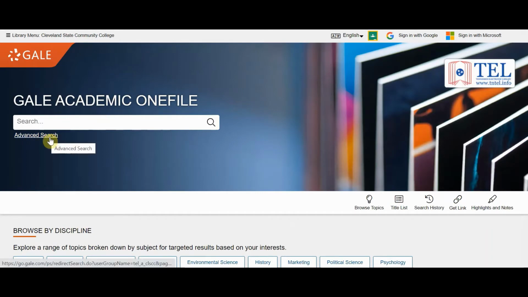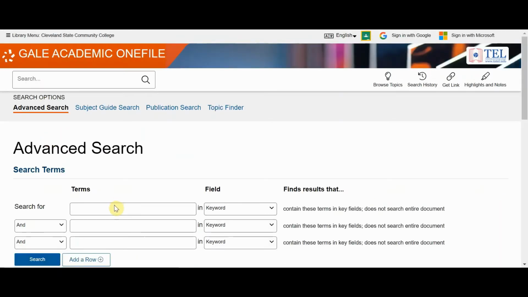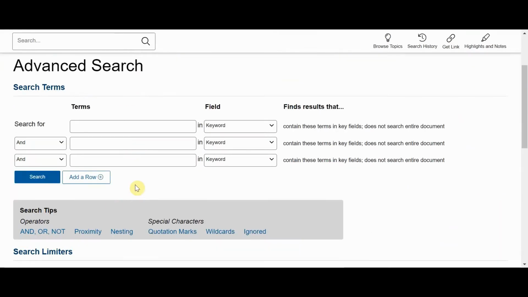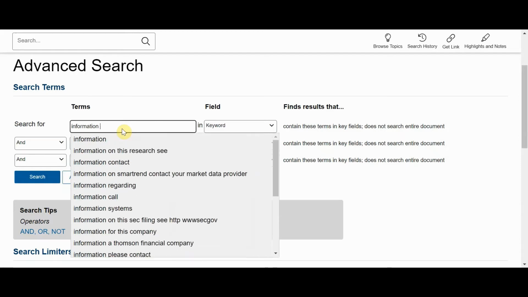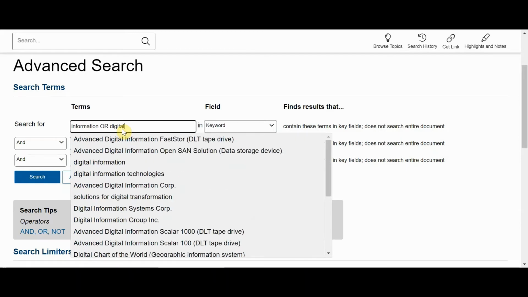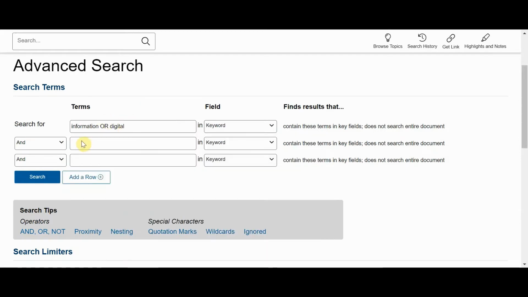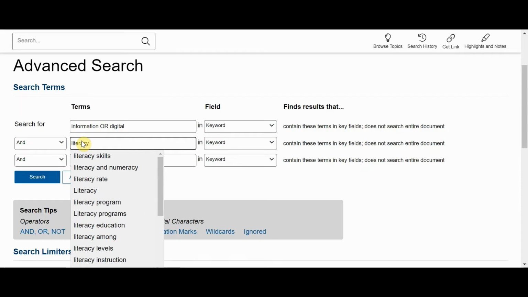And here's our basic screen. We're going to go down here and hit Advanced Search. And you see we have multiple bars here. So we're going to start typing some search terms in. This is going to get us anything that's either information or digital, and then we're looking for, okay,